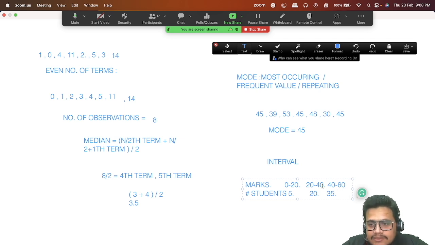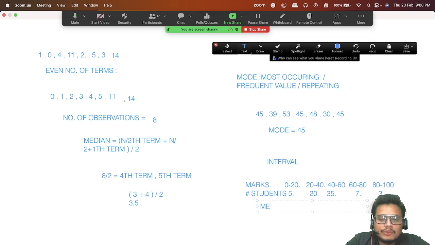Then let's say, let me increase the size. 7 students obtained 60 to 80 marks, and 80 to 100 मतलब मेरे सिर्फ 3 स्टूडेंट्स ने लिए. ओके,